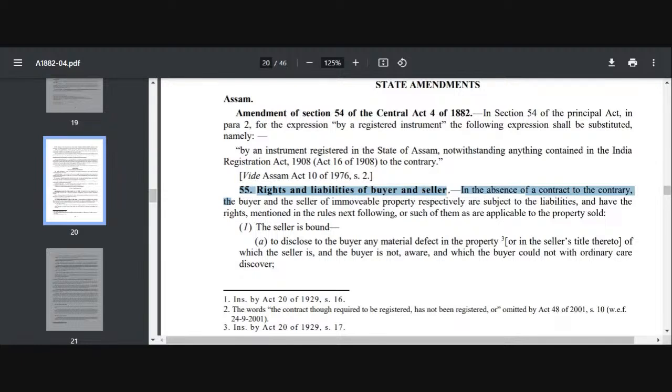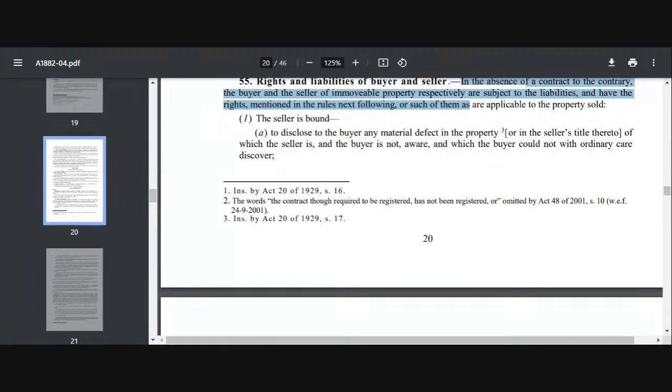तो ये चारों चीजों को आपको यहीं पे सेक्शन 55 में बाइफर्केशन करनी है. That there is before sale rights and duties and there is after sale rights and duties, and rights and duties are for both seller and for buyer both, right? So in the absence of contract to the contrary, मतलब this is subject to contract. अगर आप कोई contract बनाते हो तो वो contract के according it will be going. बट अगर कॉन्ट्रैक्ट नहीं है देन जनरल राइट्स एंड ड्यूटीज क्या है हमारे सेलर के और बायर के.